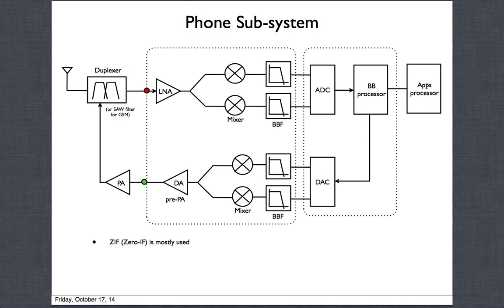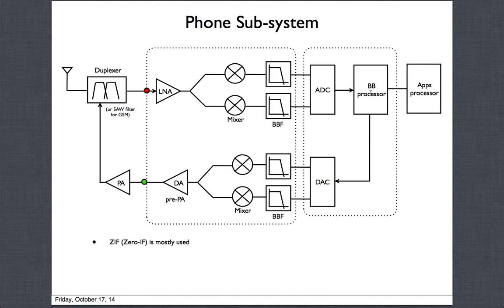All the software apps, your gaming, your multimedia, and the baseband processor only does the things related to the phone, which is your voice call and your data transmit and receive. So that's the baseband processor. I hope you already know, but I just wanted to make sure that there are 2 processors: one is the baseband processor and one is the apps processor, the big processor taking care of everything on the chip. So this was the receive chain.